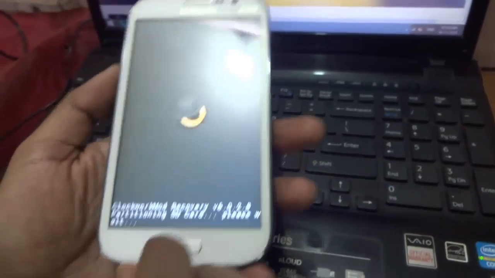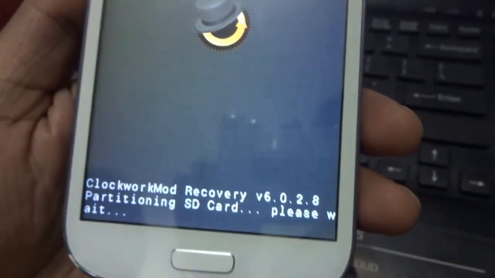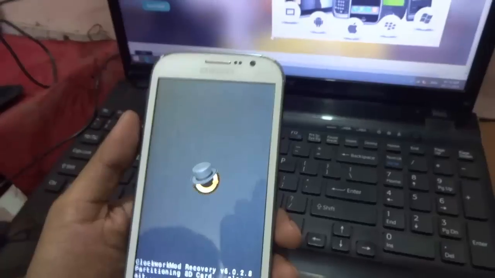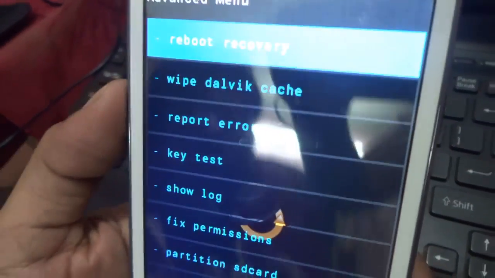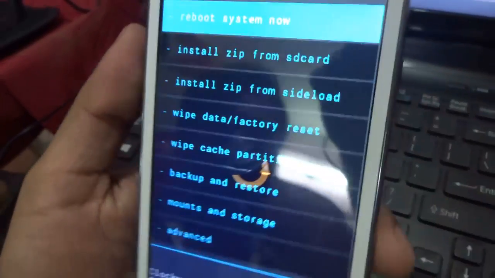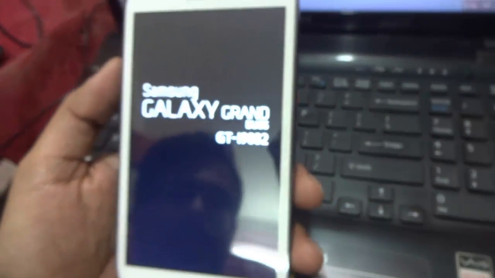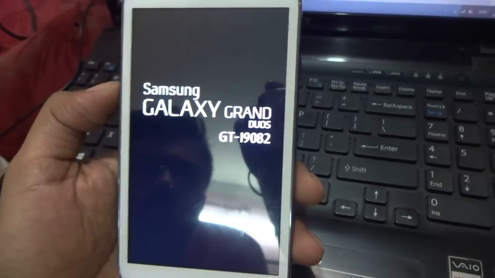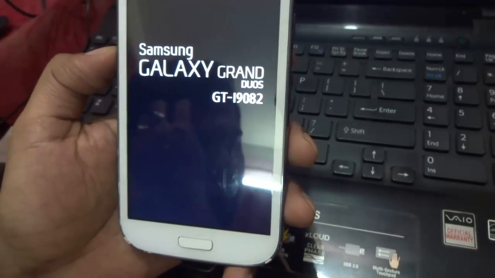Give it some time. You will see at the bottom it will say please wait. So you just need to wait over here till this process is completed. Now once the process is completed, you need to hit go back, navigate to go back, and here it says reboot system now, so select the reboot system now button. Your phone will be rebooted. It may take some time, but once it's rebooted, now the most important point to cover over here is the